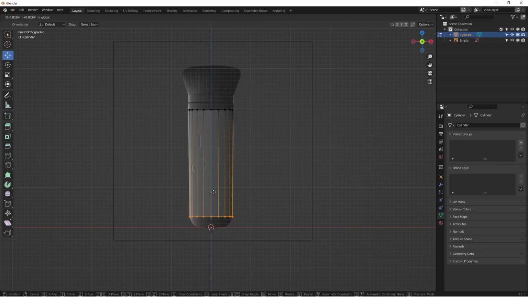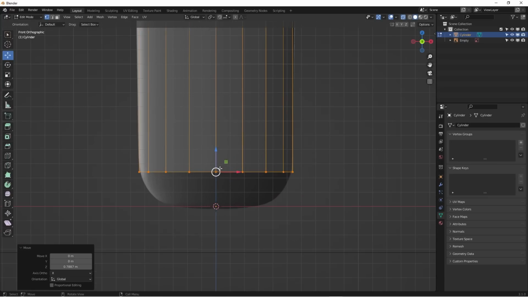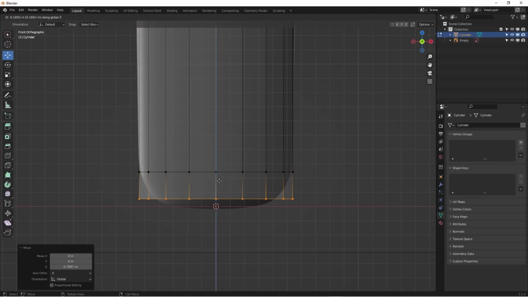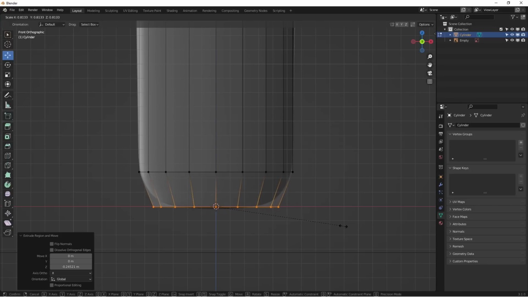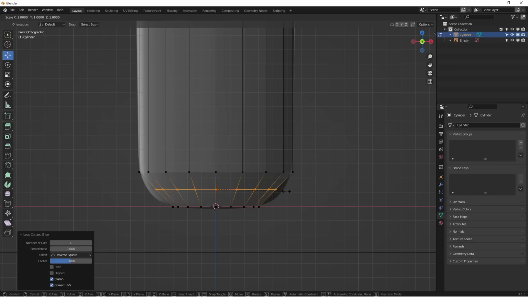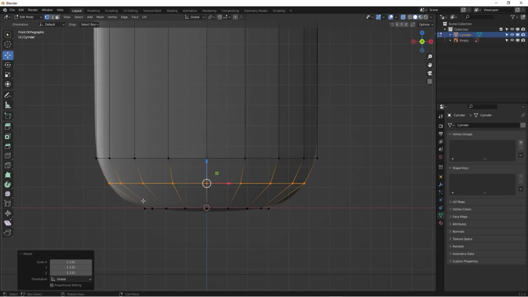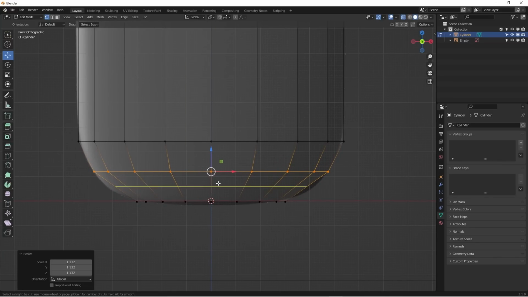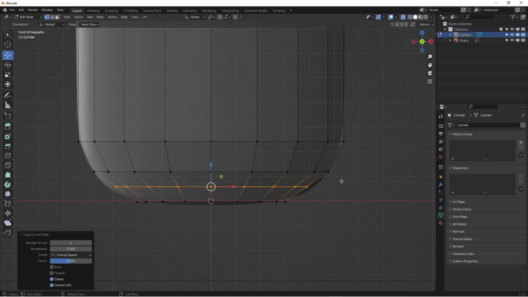I'm gonna drag up into here, and then I'm gonna hit E and Z to extrude more, and then here hit S to scale it down, and then Control R to add a loop cut, and S to scale it up right here. Then we can add a couple more loop cuts to get the round curvatures going on here. Control R,